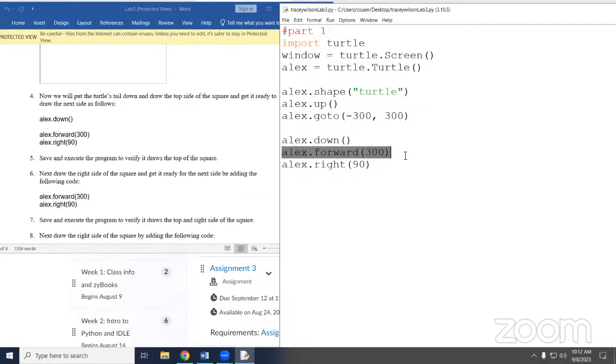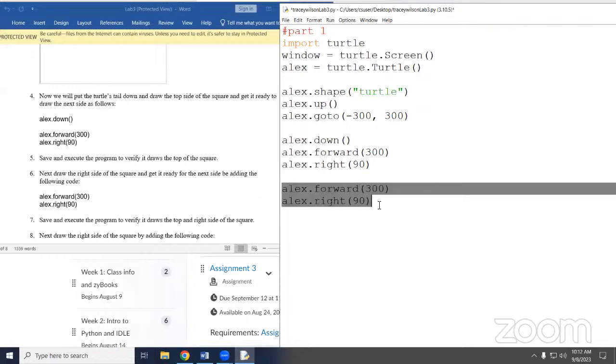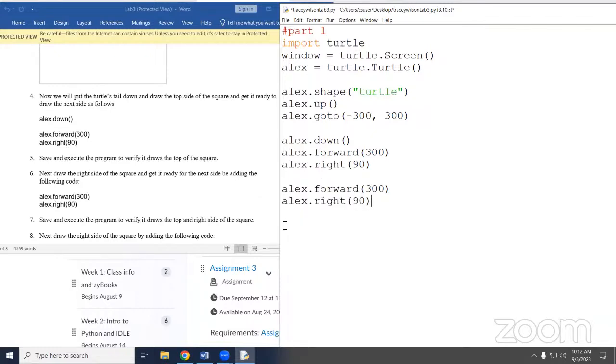And since it's a square, and all my math people back me up on this, a square has equal sides and equal angles, right? So every side is 300 pixels. I copied and pasted. I'm going to go forward again, and then I'm going to go right again, and I'm going to do that for each side, right?